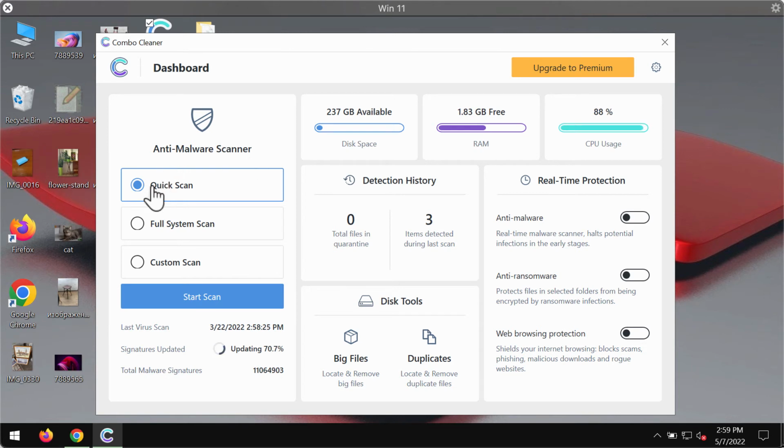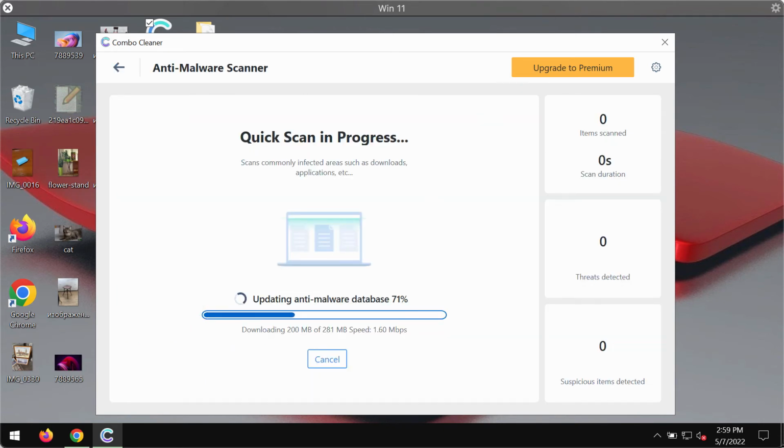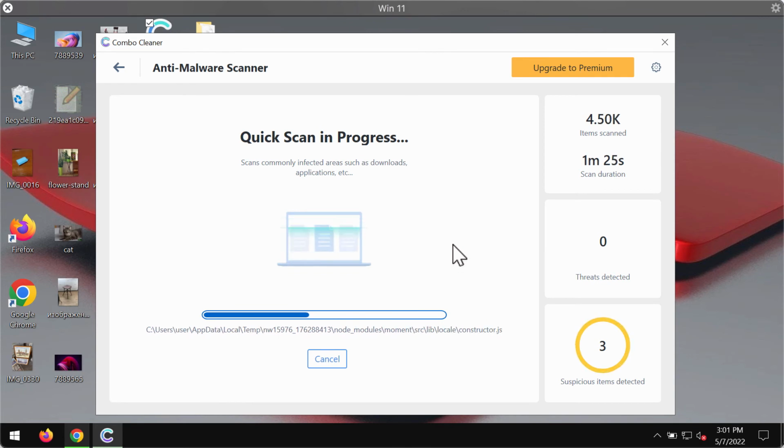The program is initially in the trial mode. Only the quick scan option is available. Click on Start Scan, and the program will first of all update its anti-malware database. And this is of course crucial for proper detection and removal of any malware. After the anti-malware database has been successfully updated, the program Combo Cleaner will begin scanning and investigating your